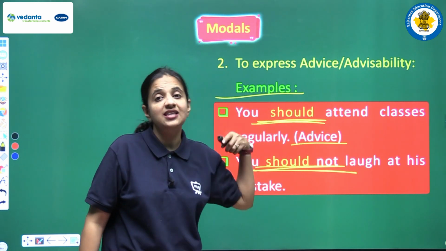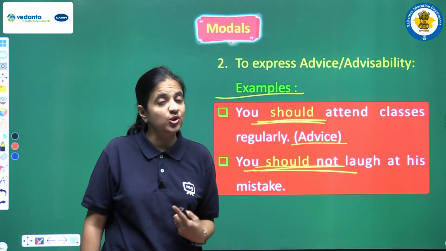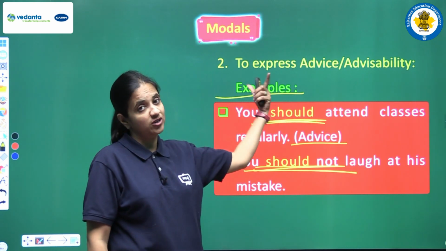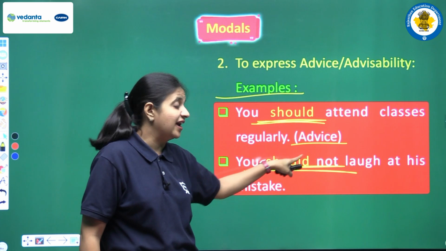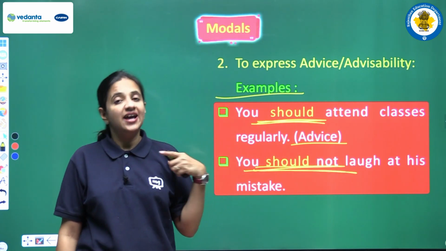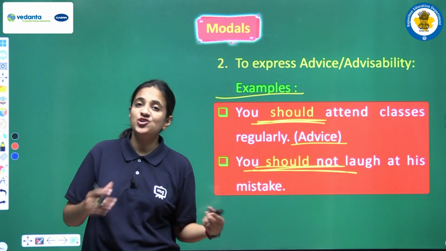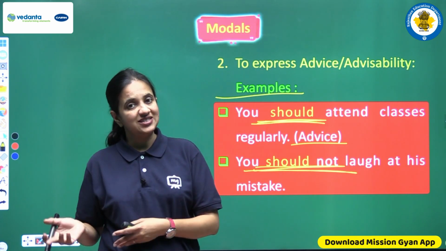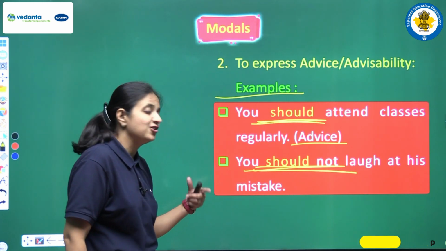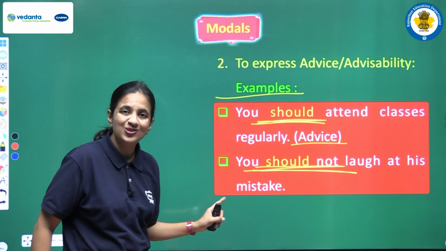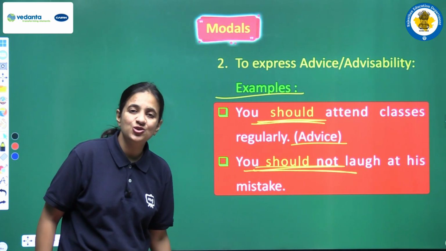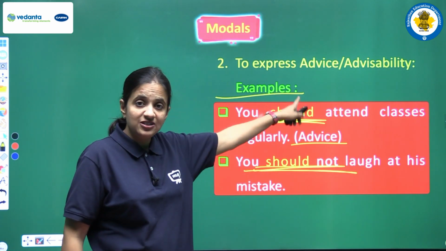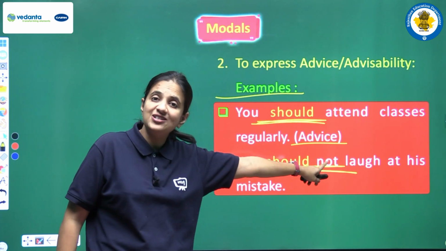Okay, someone is laughing and we are giving the advice that no, you should not do this, you should not laugh. So should is also used in positive sense. It is also used in negative sense to give the advice. And again, one more thing is clear here, that should is used for all the different kinds of subjects. It can be used for singular, it can be used for plural subject also, right? So this is the second use of should, where it is used to give the advice, and in this manner it can be used in positive sentence also and in the negative sentence also.